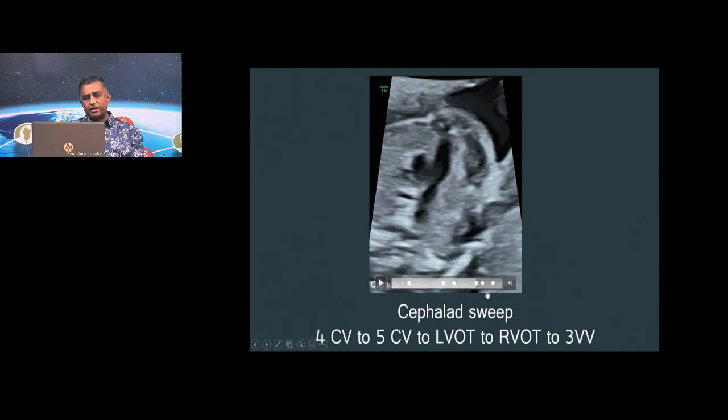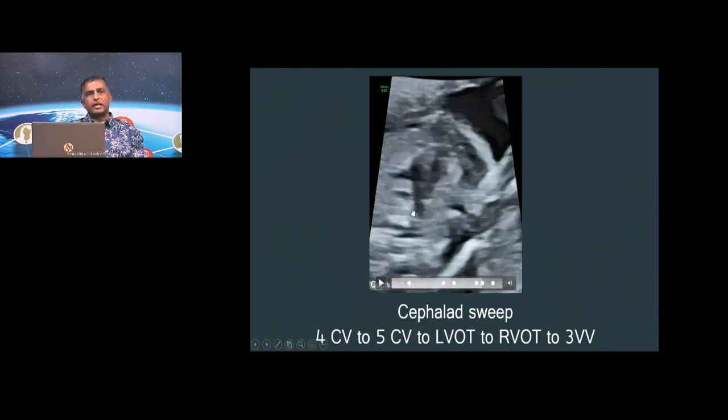Now, after having done the 3-vessel view, you go on and get the 3-vessel trachea view. Now, in the 3-vessel trachea view, you already have the ductus arch. The aortic arch comes in over here, and you have this V happening. That's the SVC. This is the trachea, and we'll see a bit more of this when we go to that particular plane